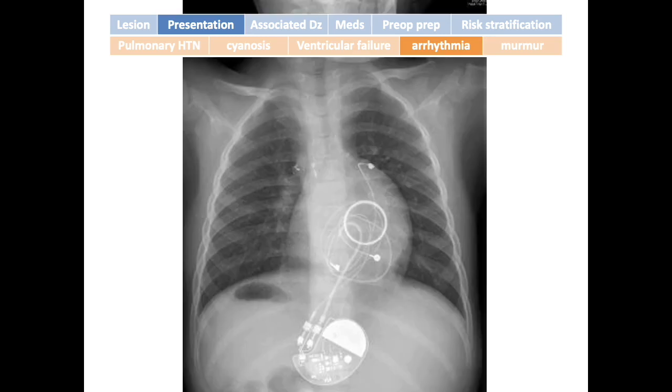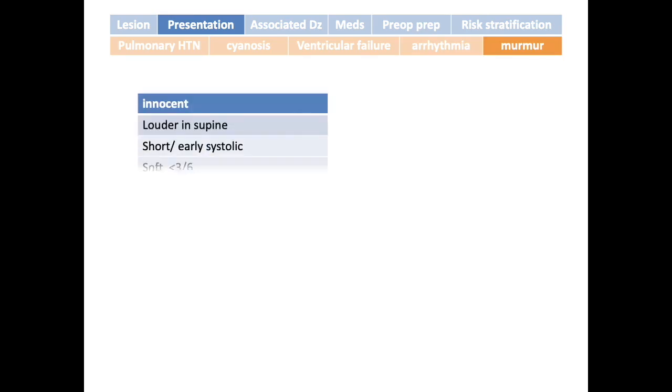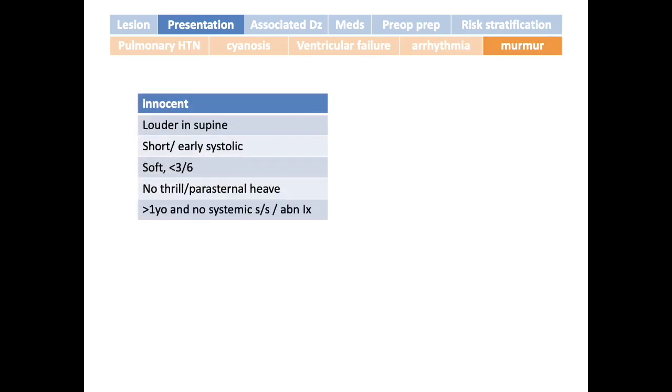This plain radiograph shows an implanted permanent pacemaker, evidenced by the single solid component, the battery, and its epicardially placed leads. Finally, patients may also present with a cardiac murmur. Innocent murmurs due to physiological turbulence of blood flow tend to be louder in supine, be short and early systolic,